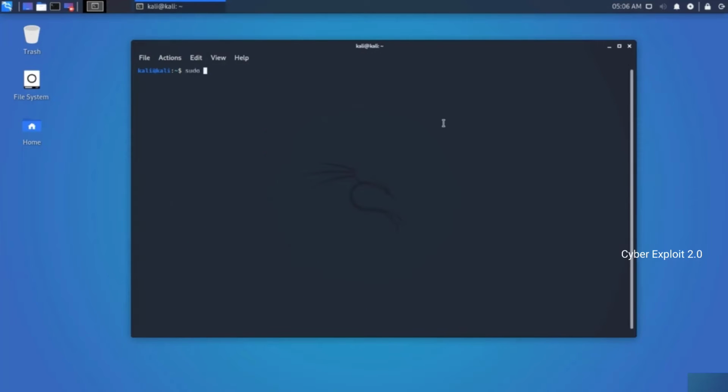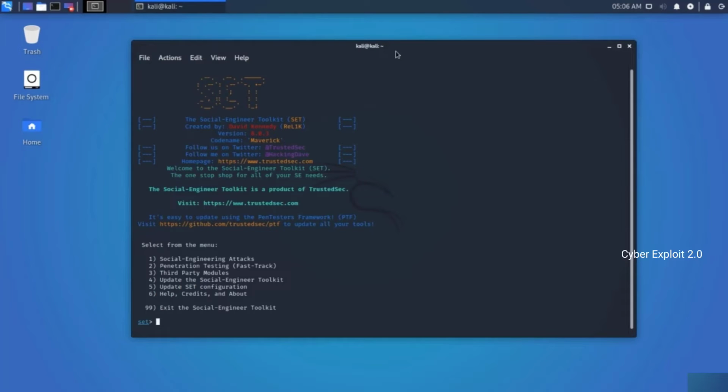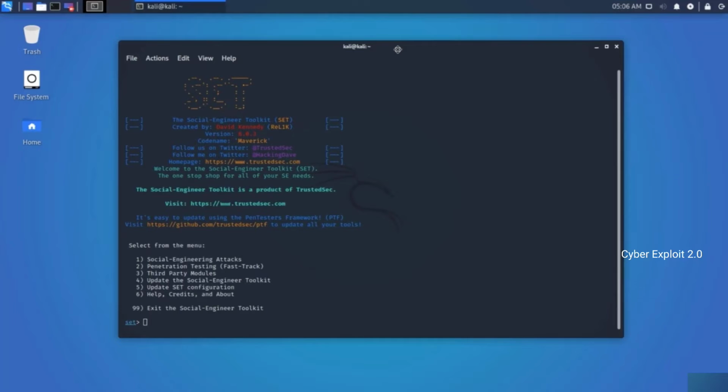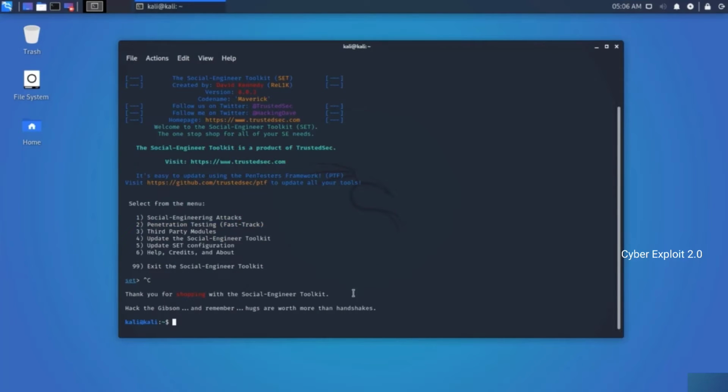Now whenever we use our terminal for various commands, the terminal gets full of text. So we have to clear the text every time we need. There are two methods to do it. One is using a command and another using a keyboard shortcut. On your keyboard, press Ctrl L and it will clear your full terminal.